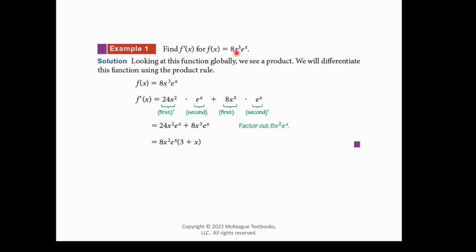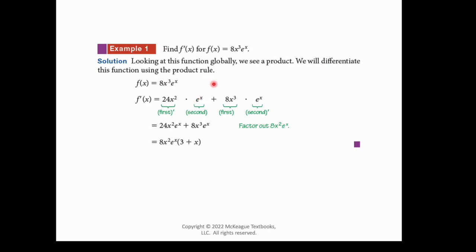Let's look at 8x to the third as the first factor and e to the x as the second factor. When we use the product rule, we want to take the derivative of the first factor. I bring the 3 down in front. That gives me 24x squared. So that's the derivative of the first factor